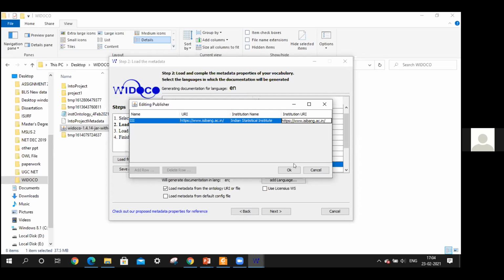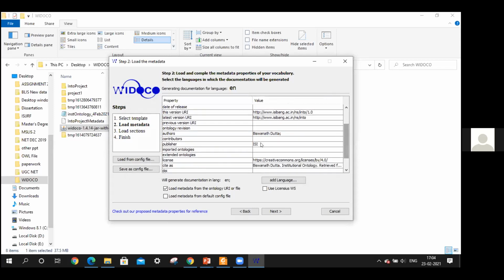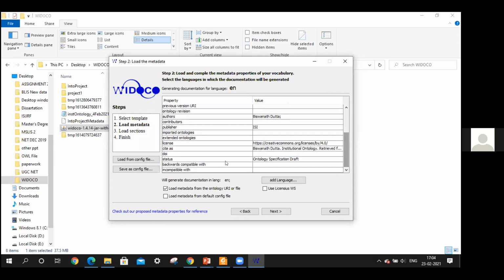Okay, after that, you have to just click on OK. Then you can see that the publisher is visible here. Like that, you can add other metadata also if you want, like status. In the status, I will remove this one.